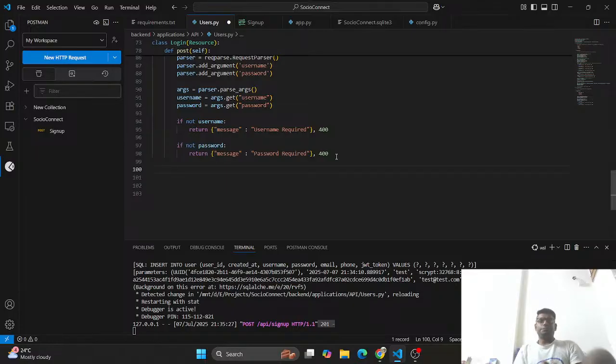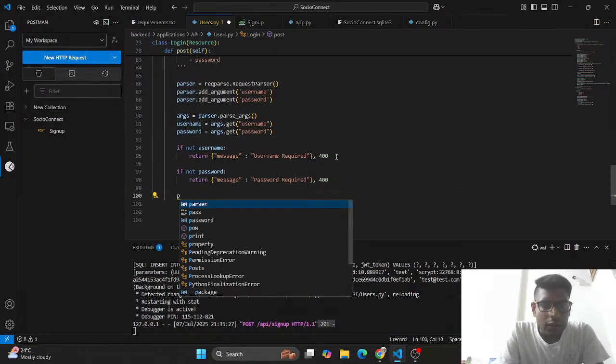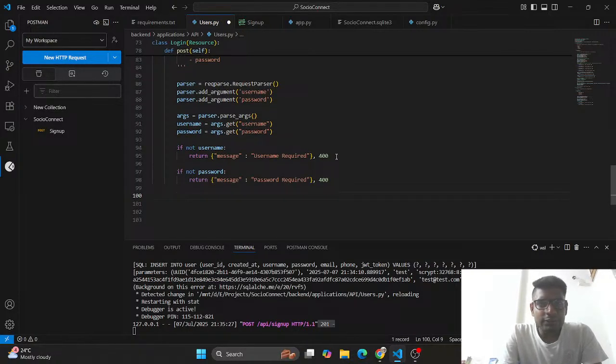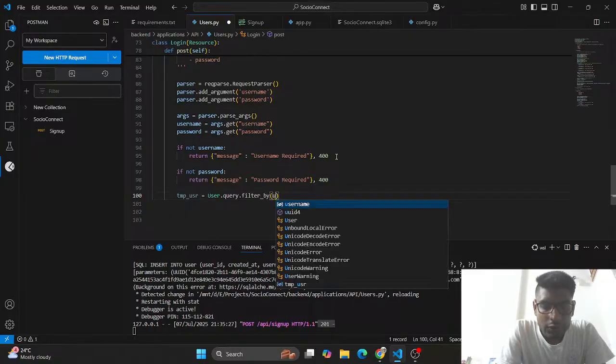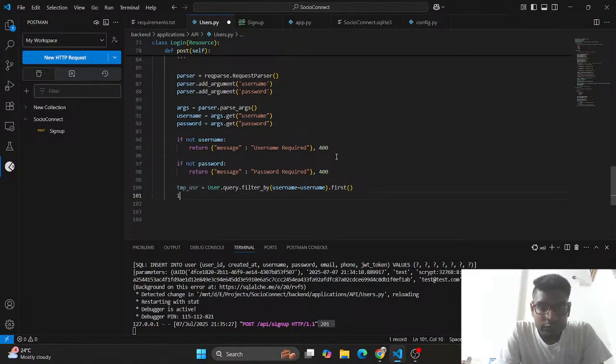So this time, what we do, this time we will again create user, temp user. That will be again from the user query, user dot query dot filter by with username equals to username dot first. Now if temp user